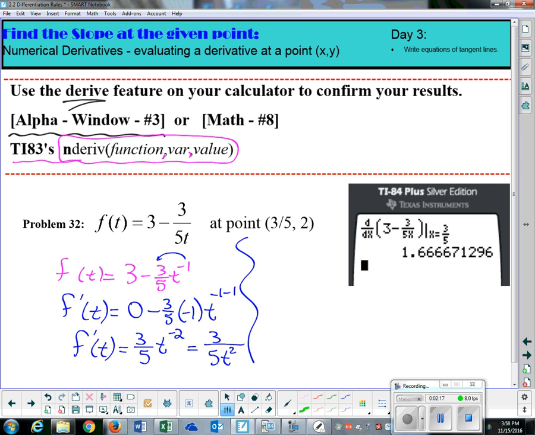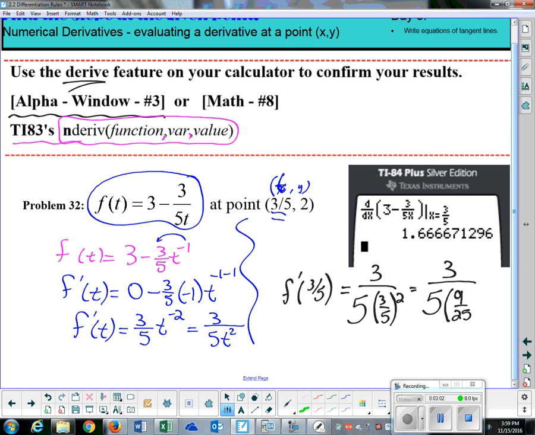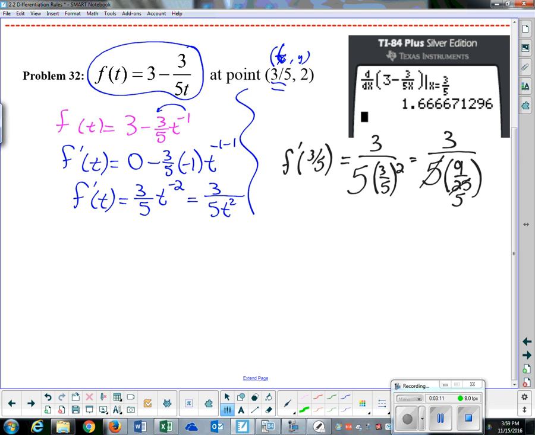Now, what is the slope of this equation when we are at the location of 3/5, comma 2? Well, right now all I need to do is plug in my t value. This would be a t value up here instead of x. Our independent variable is t here. So I could write that I have f prime of 3/5, because that's where I'm going to evaluate it, and I plug it in, I can have 3/5 over 3/5 squared. That makes 3/5 over 9/25. 5 goes into 25 5 times, and then I could simplify this yet again. Right now we're sitting with 3/9/5. Dividing by a fraction is like multiplying by its reciprocal. So I'm going to get